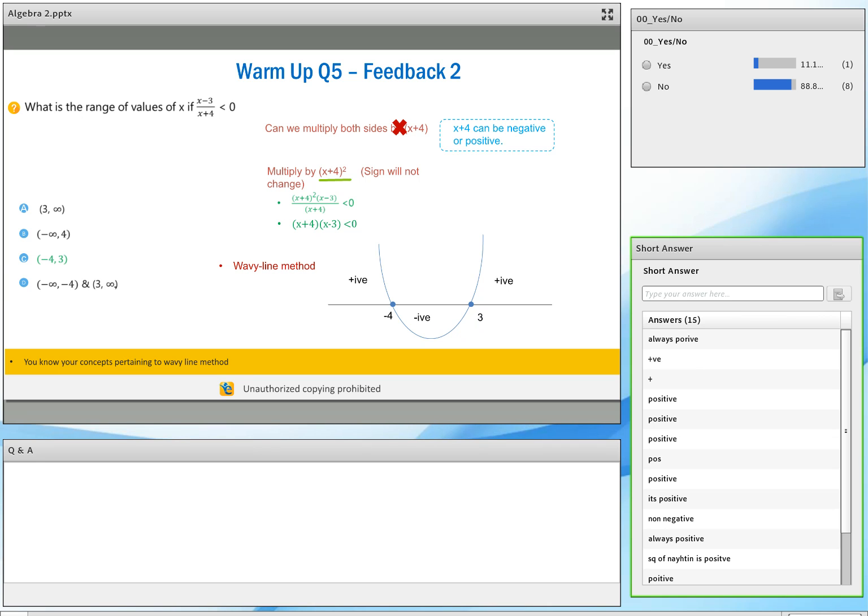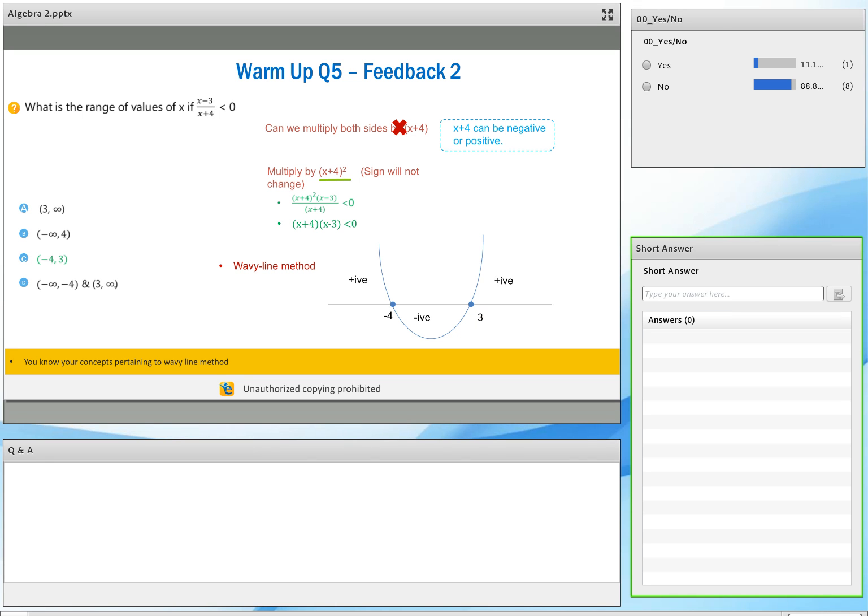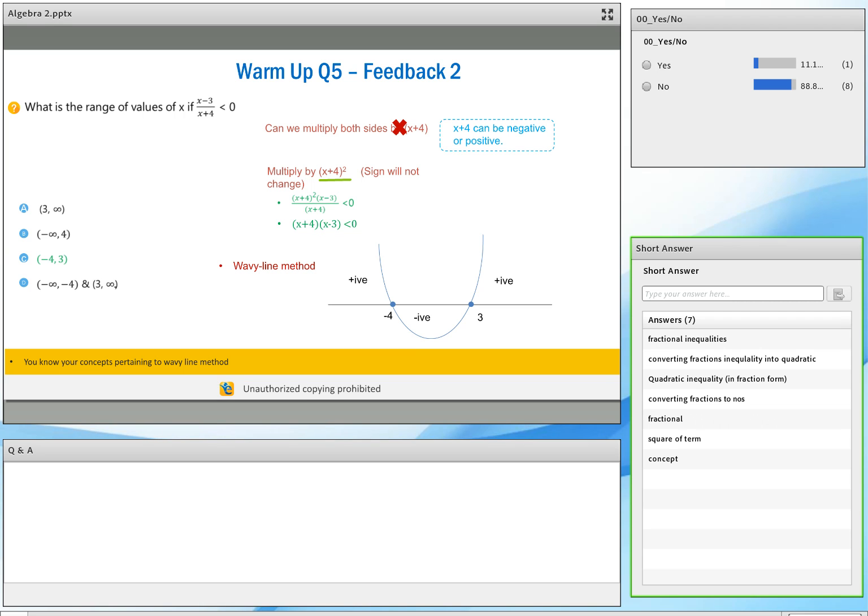Okay. Now the thing in this question is, if you got this question wrong, what would be the error log entry that you make? If you got this question wrong, what would be the error log entry? What concept? You'll probably write inequalities, but what in inequalities were you not able to do? Essentially, what you were not able to do was simplify this given inequality